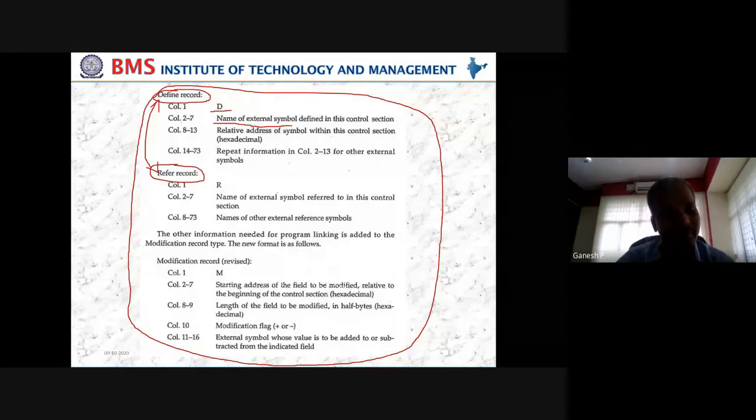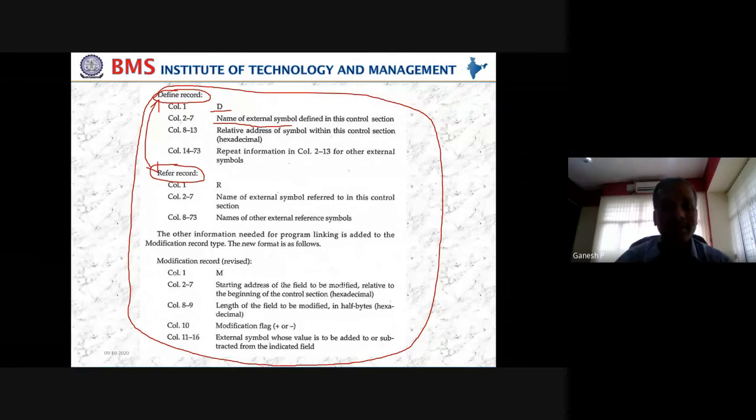Since they are defined within my control section, I will have their address. So the next columns 8 to 13, I will have the address of each of them. So my define record is like this: D, name of the symbol, address, name of the symbol, address, name of the symbol, address, nothing else. Next to that, we are going to repeat the same data again and again.